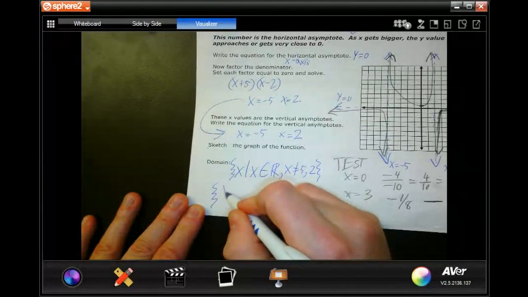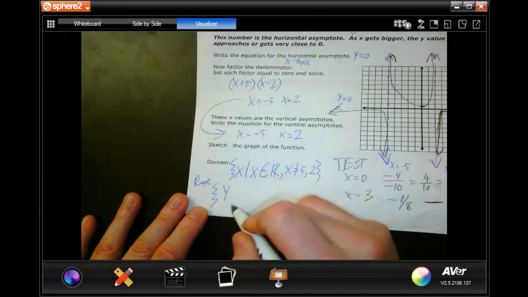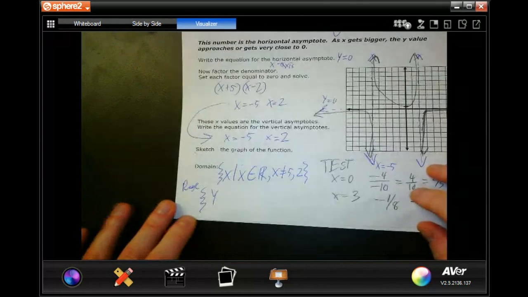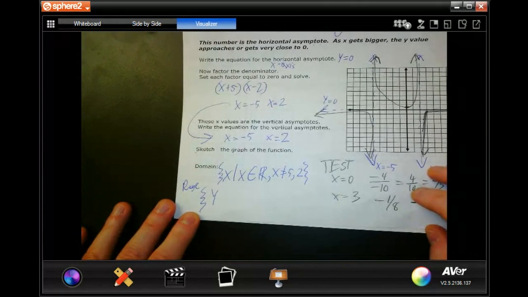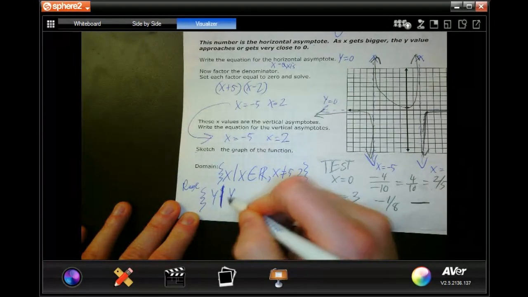What about the range? Let's put range here. Sorry, it's not listed. What about the range? Notice there's two vertical asymptotes. What's the range going to be? Set of all y such that y